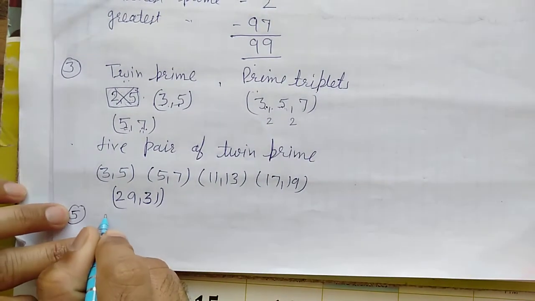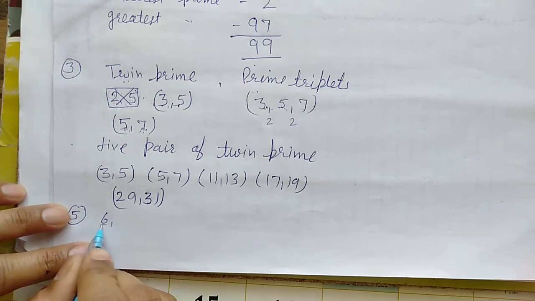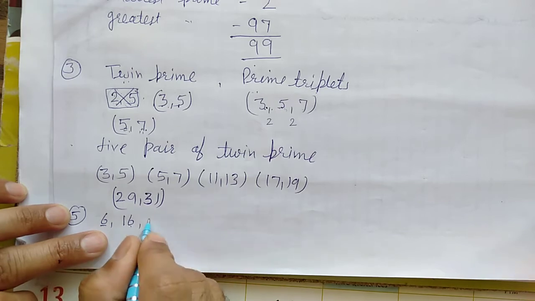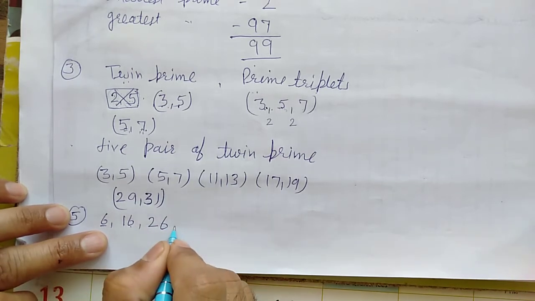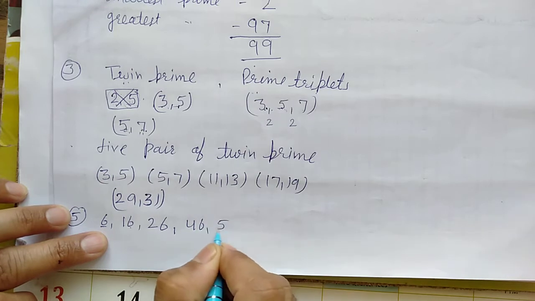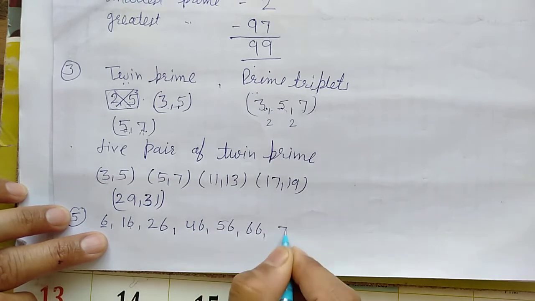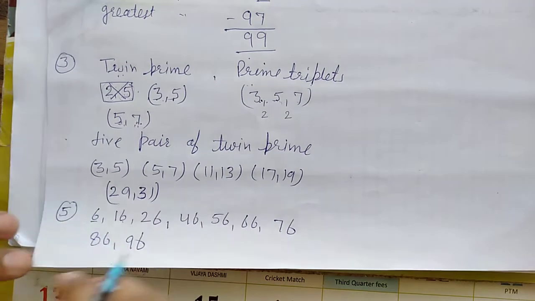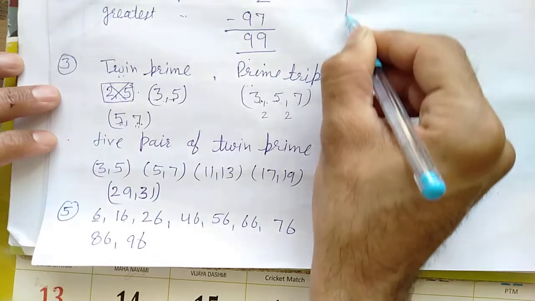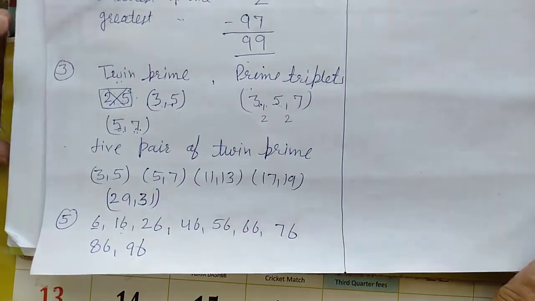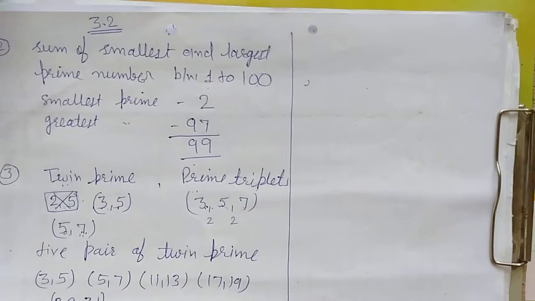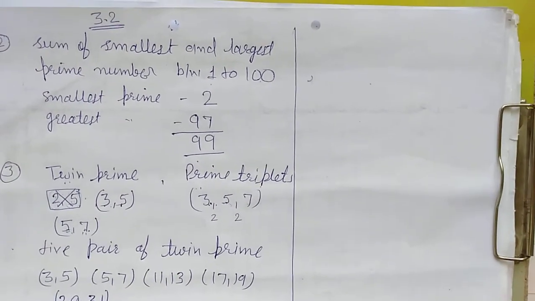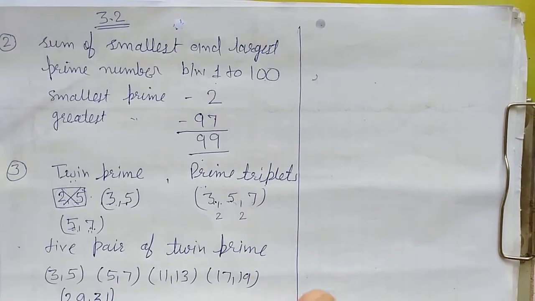So now some numbers I am writing. First number I am taking 6. See here, unit place is 6 only. Next number 16. Unit place is 6. Next is 26. Unit place 6. Next 46, 56, 66, 76, 86, 96. Except this, if there is any other number also, find and do the same, right? It means you may write the numbers having 6 at one's place, all composite number. Don't take any prime number. Okay.